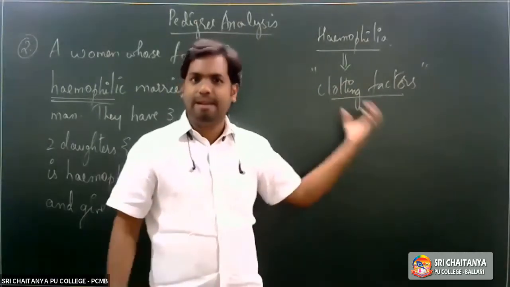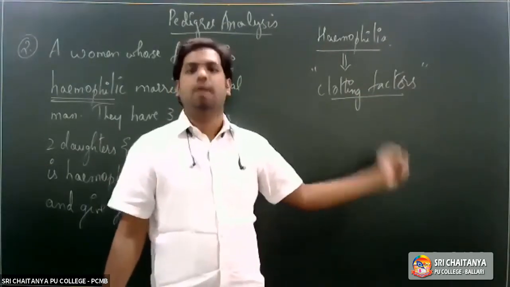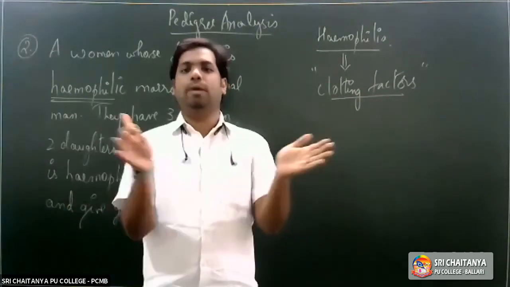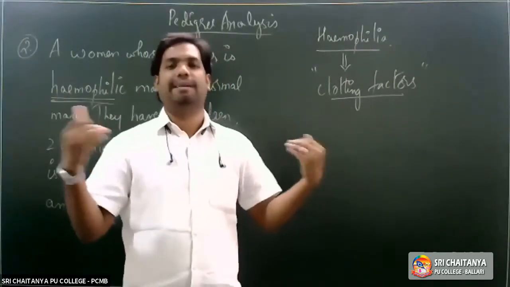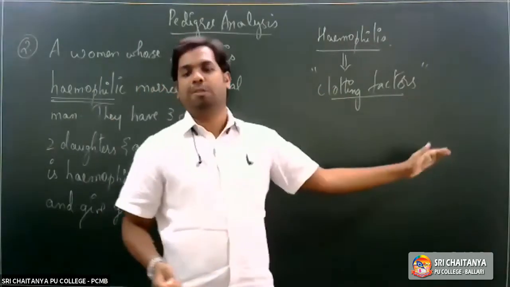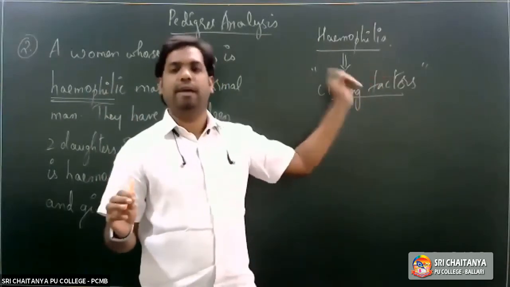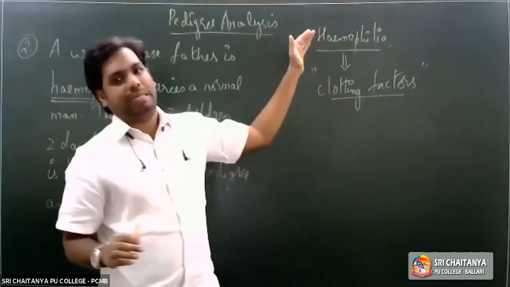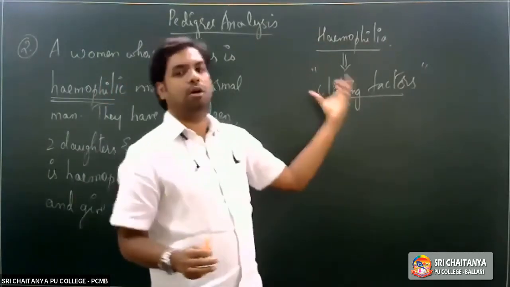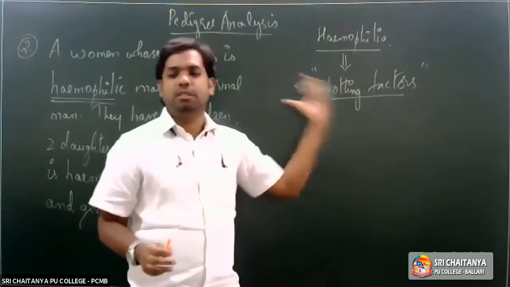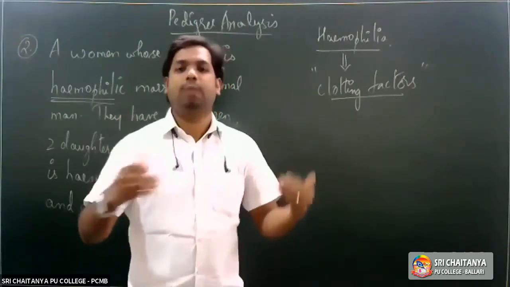Right. So if blood has to clot, there are certain factors which are required. Those factors combined together start forming a cascade of reactions, a series of reactions, finally leading to the formation of a clot. So if clotting has to occur, these clotting factors are very, very essential. In hemophilia, what exactly is happening is there is a mutation in a gene coding for a clotting factor. Since there is a mutation in a gene coding for a clotting factor, what would happen now? Clotting time would get delayed.